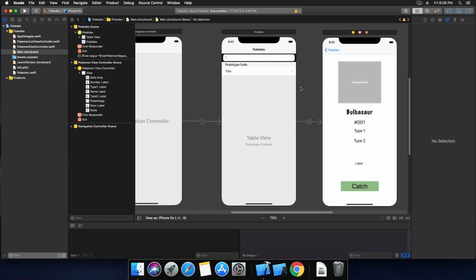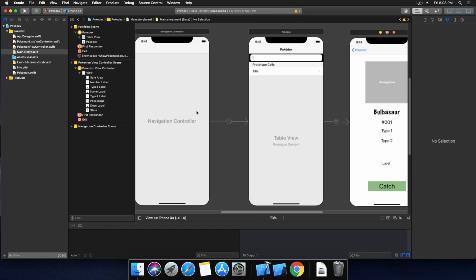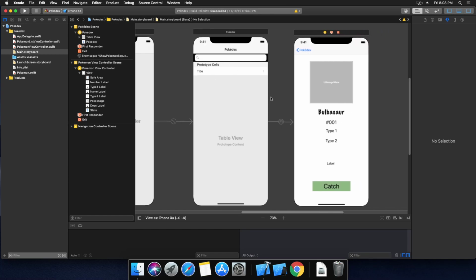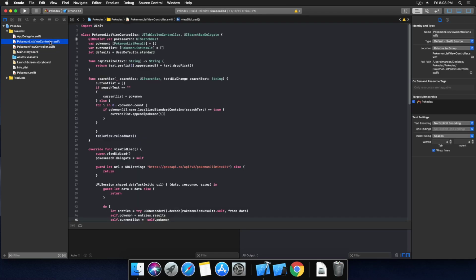So this is what our Pokedex app looks like. Currently, it has a navigation controller, then our Pokemon list view controller, and our Pokemon view controller. So in the actual code, what we want to start with is declaring a variable Pokemon, which is where we